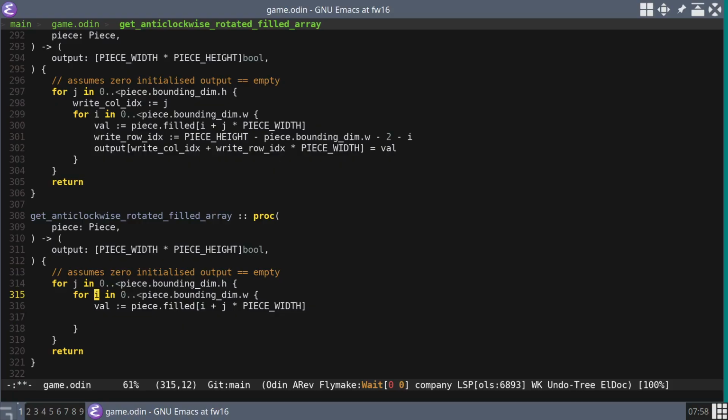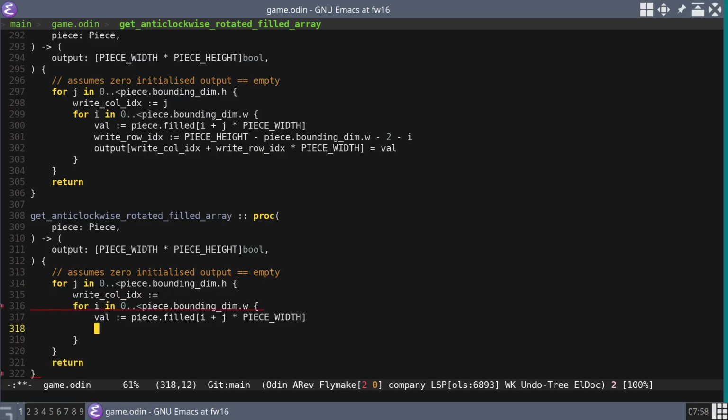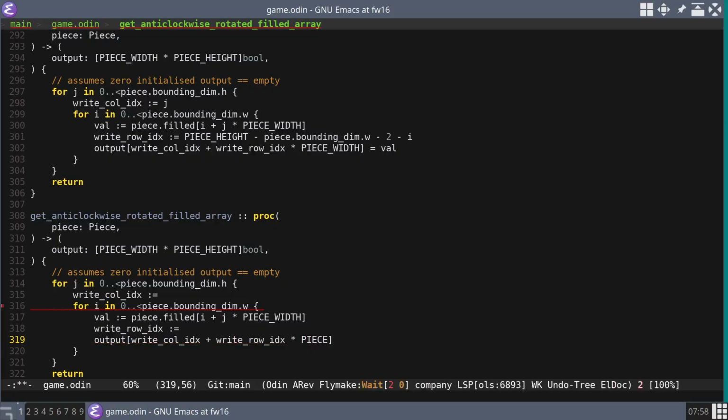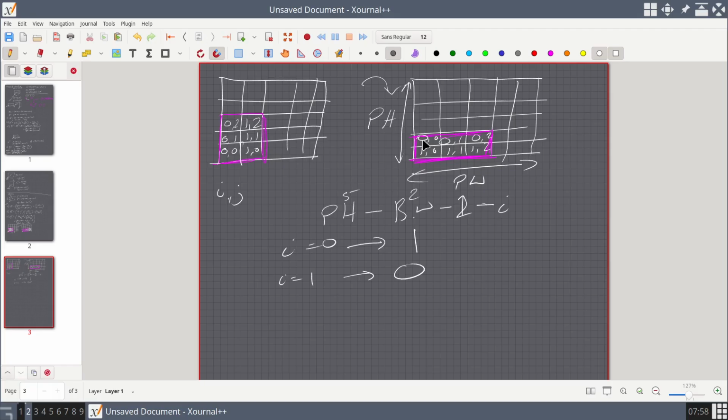Right. Which means we're going to have to think about right col index up here. We're going to need to think about our right row index down here. And then we're going to use them to say output at right col plus right row index times stride is equal to that. Right. So if we think about the opposite case,